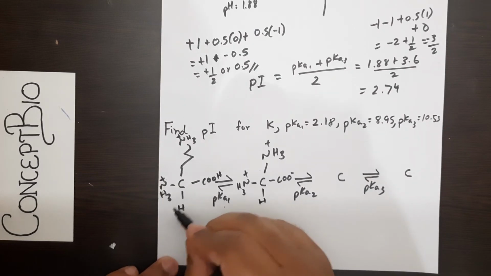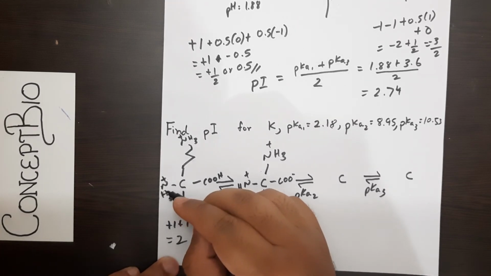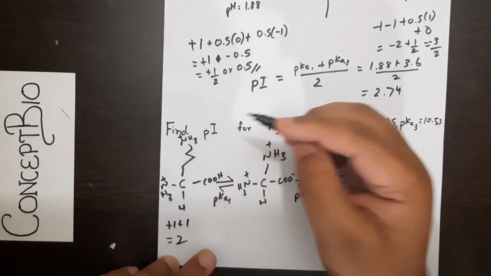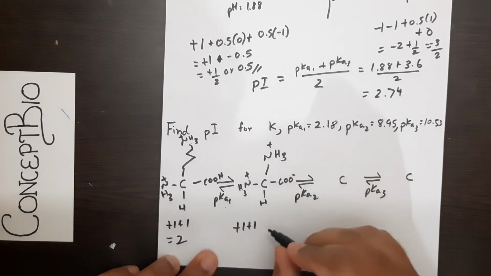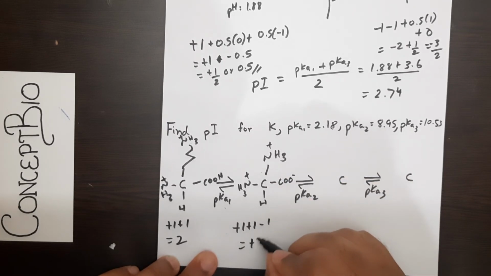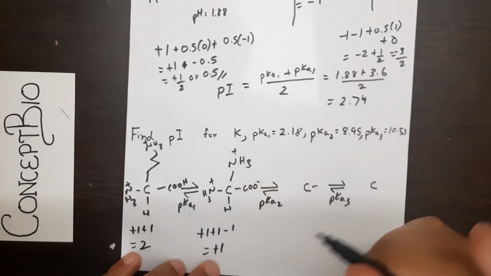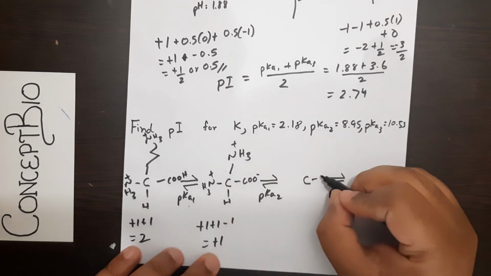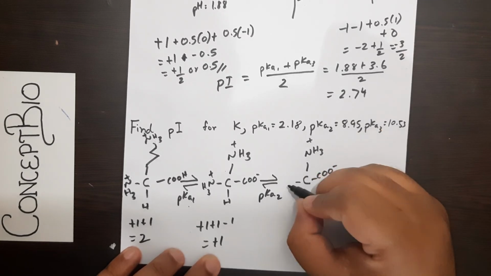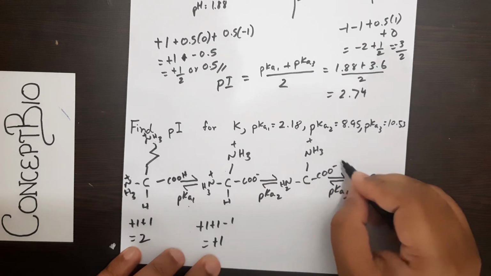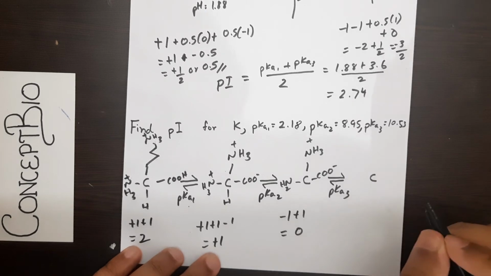So the net charge begins with +2, because of the alpha amino group and your terminal amino group from your functional group. Then if you cross pKa1, what would happen? It would be +1 from the 2 amino groups, -1 from your carboxyl group. That will give you a total charge of +1. If you keep increasing the pH and cross pKa2, what would happen? pKa2, remember, always corresponds to your alpha amino group. So you have COO- already crossed, NH3+ because we still haven't crossed its pKa value, and NH2. So what does this imply? We are at -1 + 1, that will be equal to 0. So this is our Zwitter ion state.